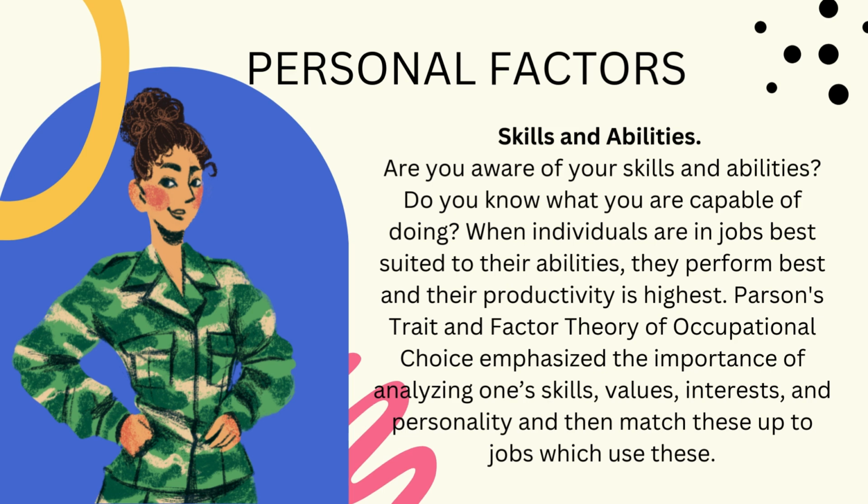Are you aware of your skills and abilities? Do you know what you are capable of doing? When individuals are in jobs best suited to their abilities, they perform best and their productivity is highest. Parsons' trait and factor theory of occupational choice emphasized the importance of analyzing one's skills, values, interests, and personality, and